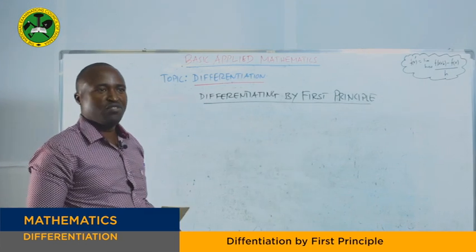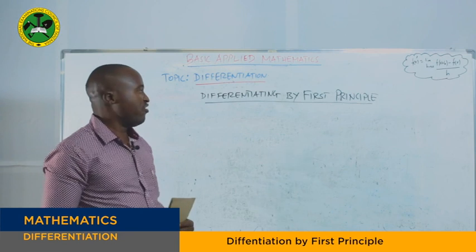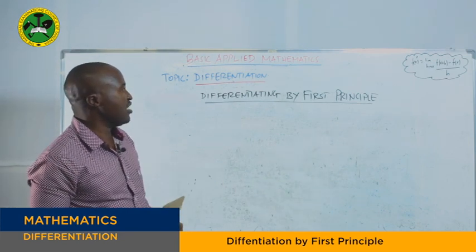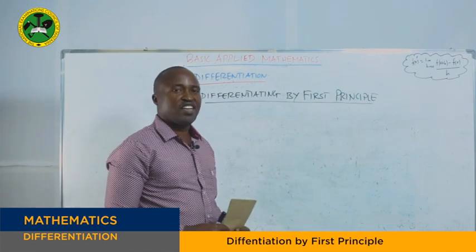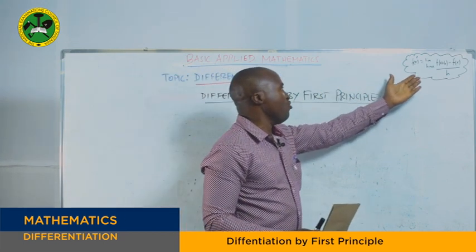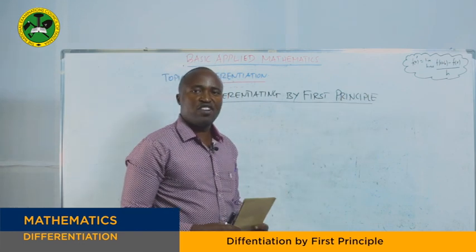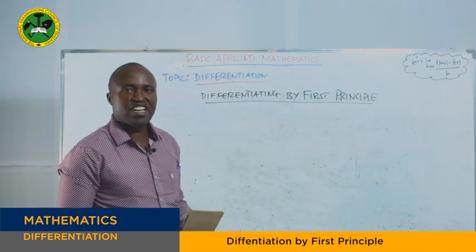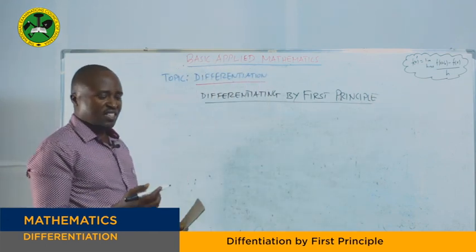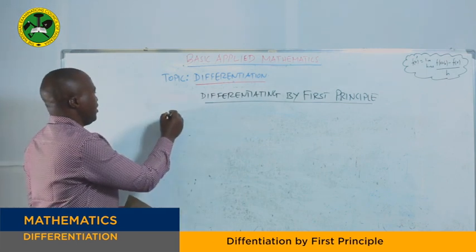My dear student, these are review questions, and of course we have a general formula for finding derivatives by using first principle. Our general formula says, if you want to find f dash, that is the derivative of the given function, that is equal to the limit as h approaches 0 of f of x plus h minus f of x, divided by h. Now let us see one question so that you can apply our general formula. That is example 1.